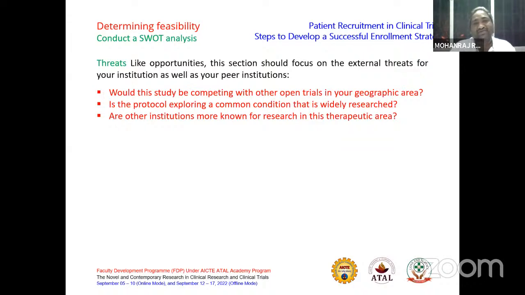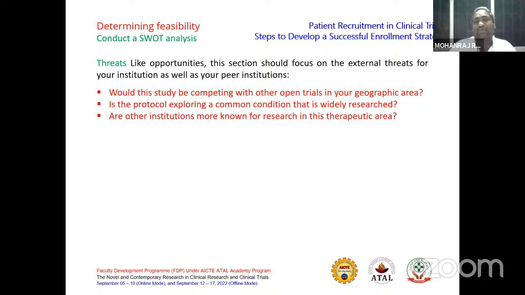And the very last one is threat. So threat in terms of the new area we are focusing on, or new population we are focusing on, or therapeutic area we are going to focus on. Why? Because if any research is primarily done, or the first study, we may have more limitations over the study. So it is very important to presume the threat before writing the protocol.